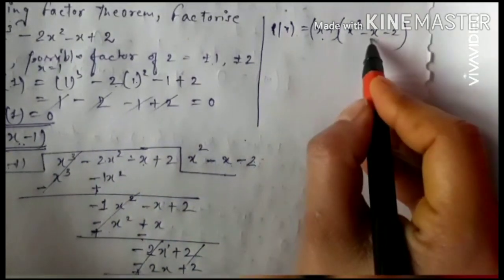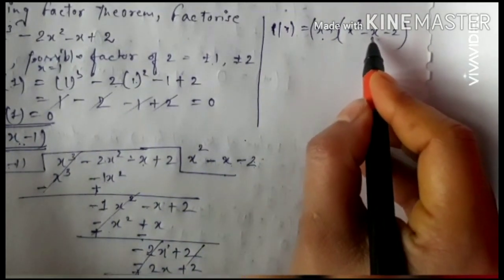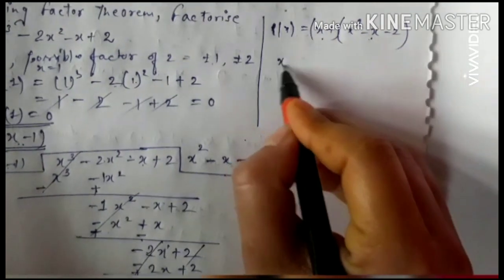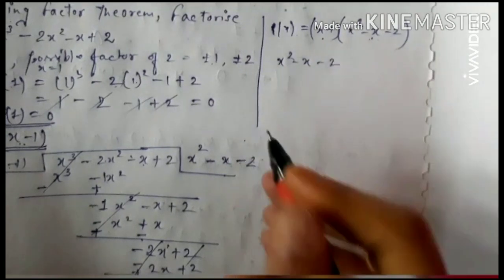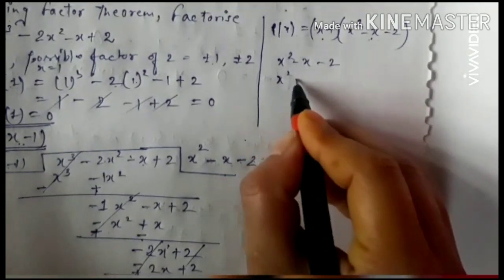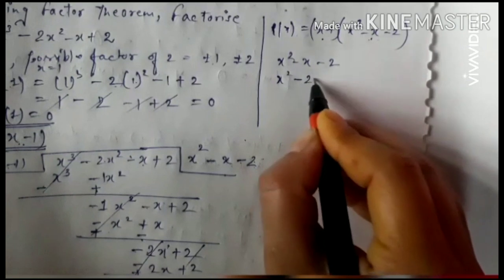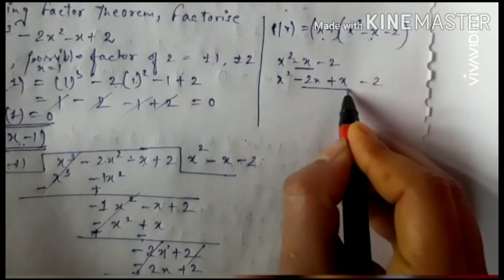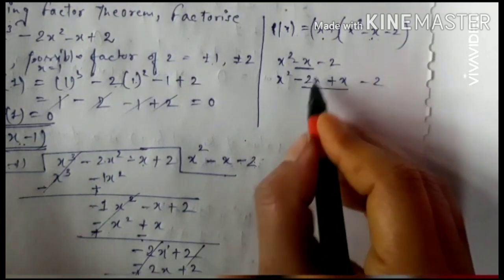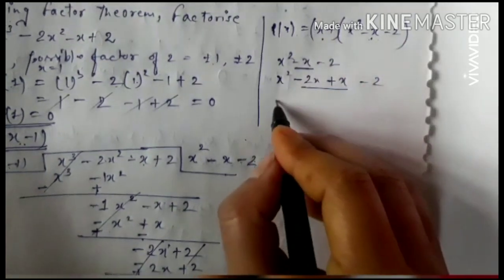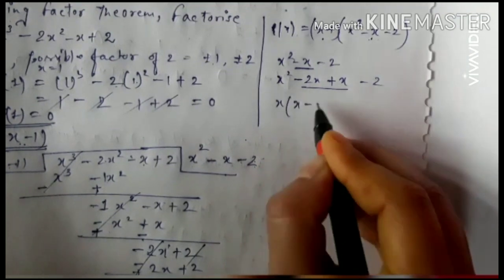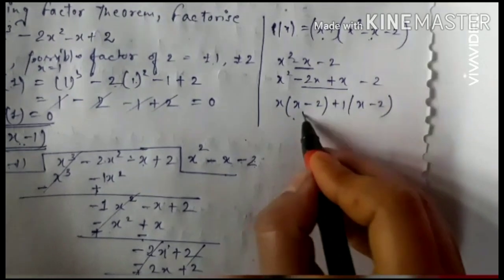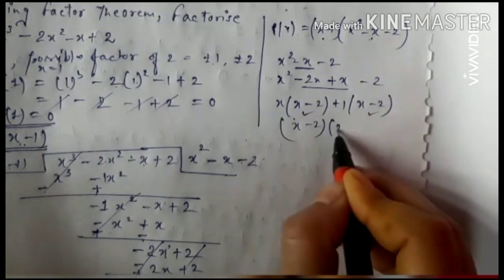One factor you have got now, and you have to find the factors for this using any method you choose, middle term split or factor theorem. So it will be x square minus x minus 2. Take any two numbers, one is 2, that is your minus 2x and plus x. You get this on splitting, because subtracting gives this, and on multiplying gives 2x square. So here x is common, x minus 2, here plus 1 is common. If there is nothing common, you have to choose 1. Now x minus 2 and x plus 1.